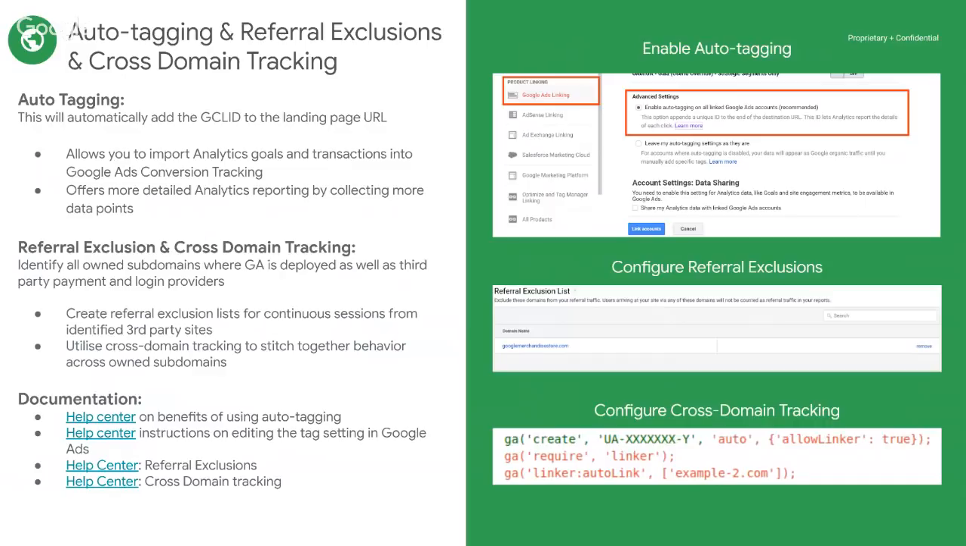And finally, referral exclusion and cross-domain tracking. It's important for you to identify all your owned subdomains where GA is deployed, as well as third-party payment and login providers. For example, if you have an e-commerce website and a user comes to your website, purchases an item, and goes to a third-party payment website, puts in all their credentials, and then comes back to your website to